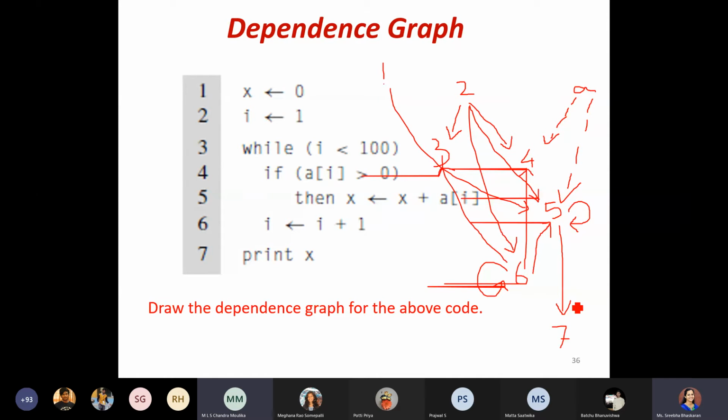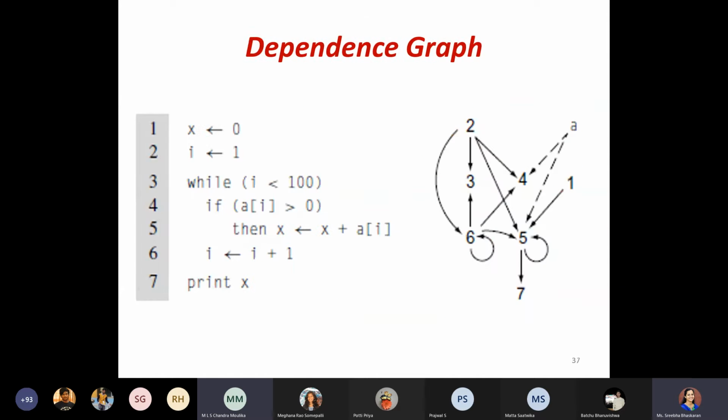Ma'am, for the fifth instruction, it should depend on 4, no ma'am? Why are we taking it from 2 and from A again? See, for the fifth node, you are saying it is dependent on the fourth node. So is there any updation getting done in the fourth node? In the fourth node, we have A of I greater than 0.